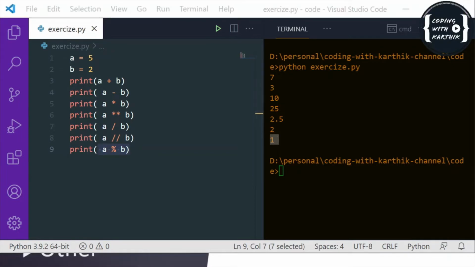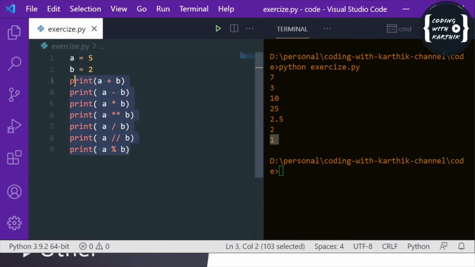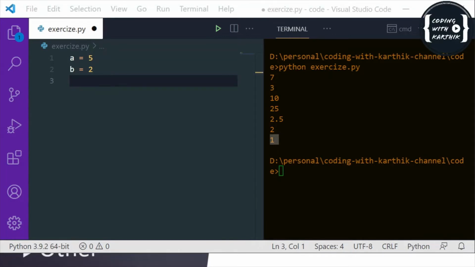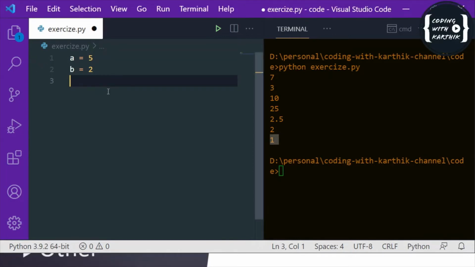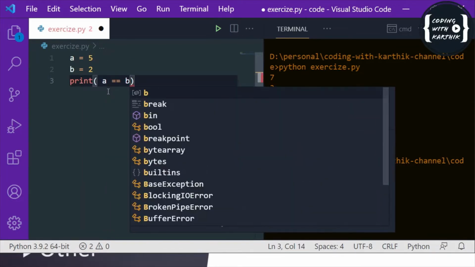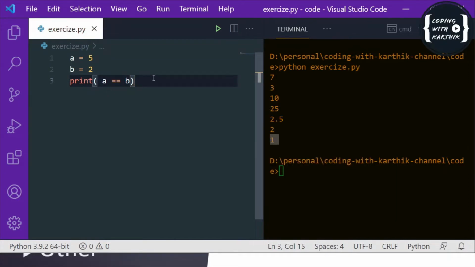And next is comparison operators. So comparison operator is nothing but, let's say you have two variables or multiple variables. If you want to compare the two variables, you have to use these comparison operators. Okay. So let me give you an example. So we have different comparison operators in Python. Let's say if you want to check equality, you can use a equal to b. And one more thing, these comparison operators always give you the Boolean data type, nothing but either true or false, depending on the condition and the variables.